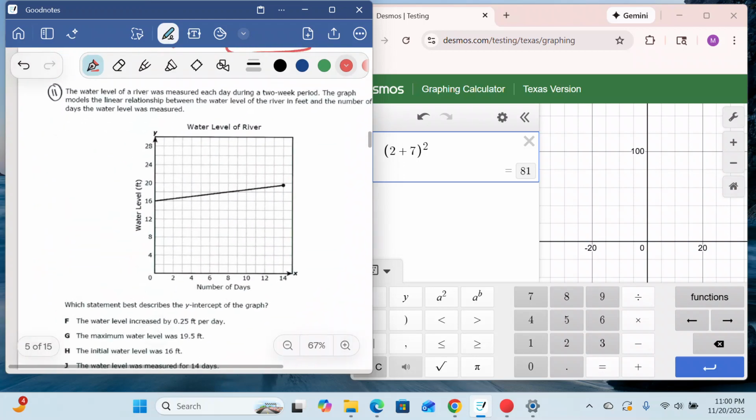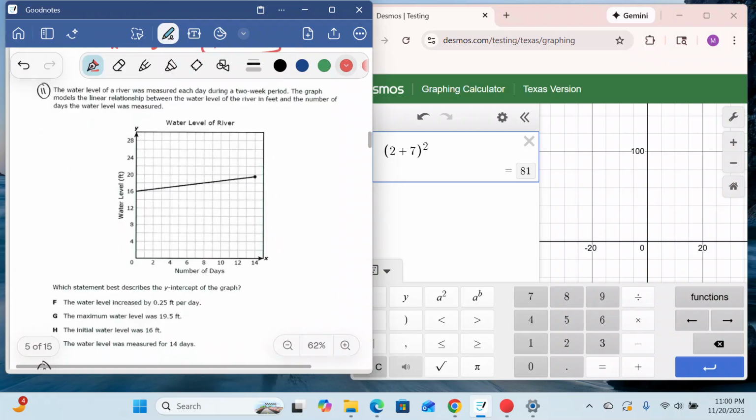Problem number 11. It just scanned it twice. So if you look at problem number 11, I have the water level. It's a linear equation. Why? Because it is a line. So it keeps on going up and up and up. So this, I can get my rate,